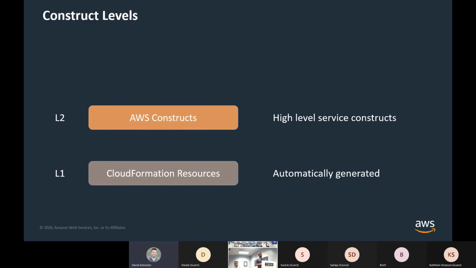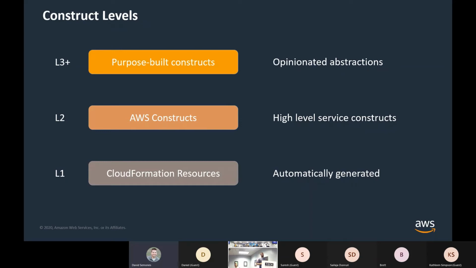And finally, we have the L3 constructs, which are opinionated abstractions. It's the thing I talked about earlier when I said it's an S3 bucket, a Lambda function, API Gateway, Route 53 entry, ACM certificate, all bundled together to make a static website. And that static website is the construct that's given out. So you might expose some properties on that, say, this is a static website, you just have to give it a domain name and it'll build everything for you in the infrastructure as code. Because that spans multiple services and it fulfills a very specific purpose, we call that an L3 construct. It says L3 plus here. I've heard some people referring to L4 constructs, but it's like title inflation. I don't think they're actually any different.